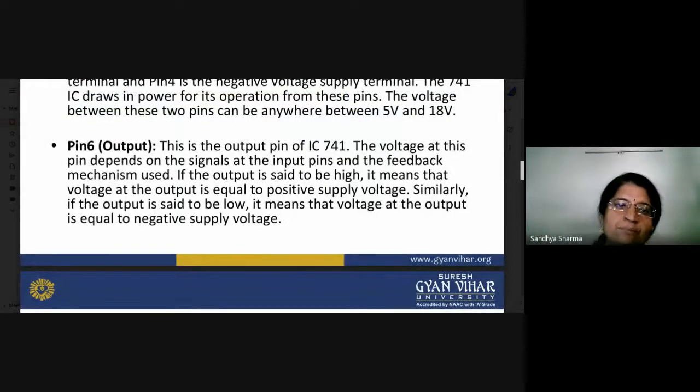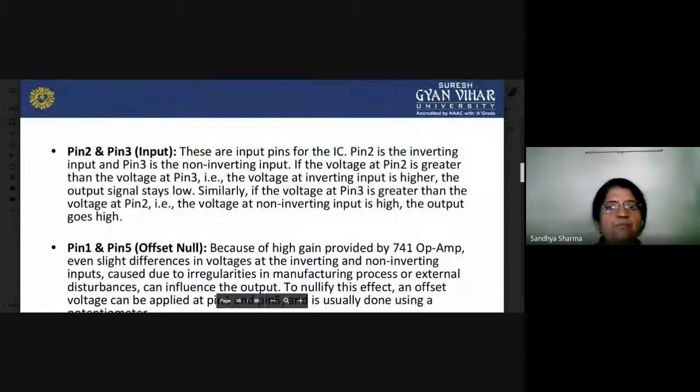If we are talking about pin number 6, that is the output pin terminal, and sometimes it is given to the positive supply voltage, or sometimes it will be connected to the negative voltage supply. So according to our requirement or feedback mechanism, we are using this pin number 6. Now pin number 2, as I have already told you, is the inverting input terminal. I am again slightly revising the inverting input terminal. If you give any supply to your inverting input terminal, you receive the 180-degree out of phase output at pin number 6.